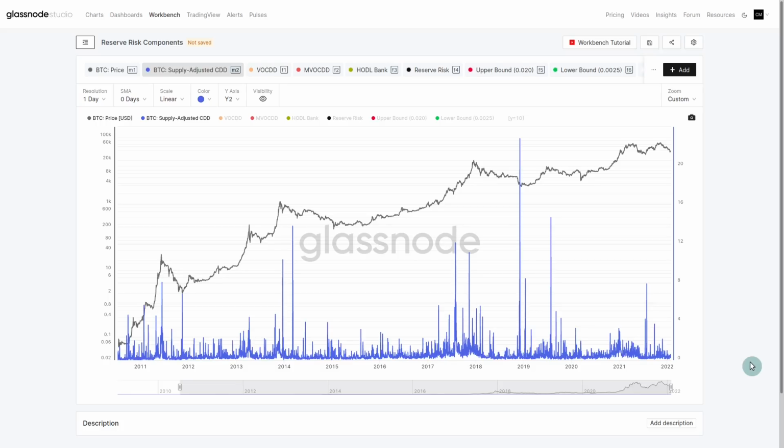2 BTC will accumulate 2 coin days, and half a Bitcoin will accumulate half a coin day. So it's a measure of lifespan, how long a coin has been unmoved or unspent in an investor's wallet. Now, we typically see coin day destruction, which is when that coin is spent, the lifespan is destroyed, and it